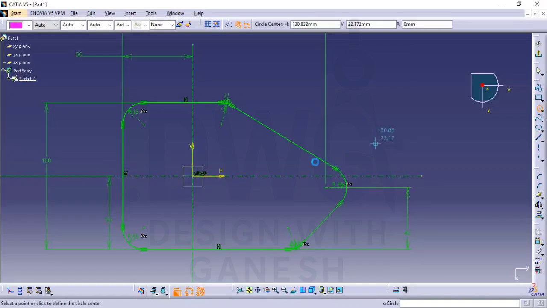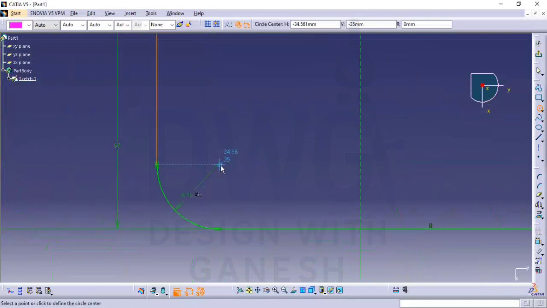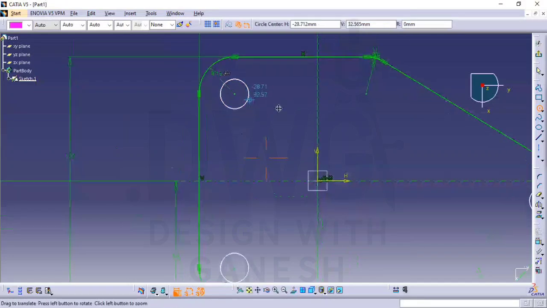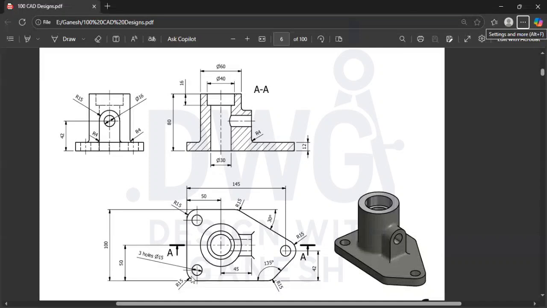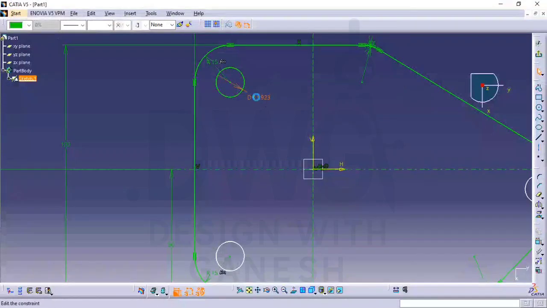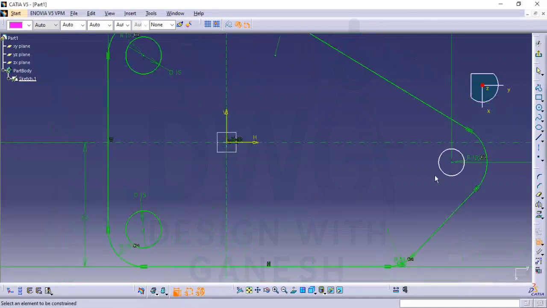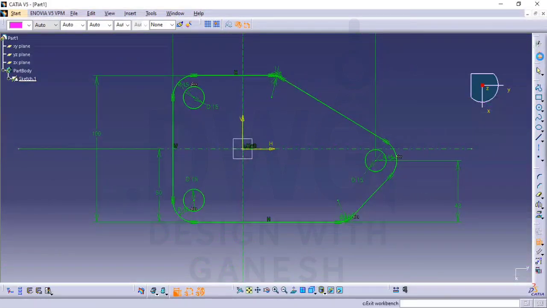Now let's make 3 circles. One is here. Make sure it is not making any relations or any constraints. Now use the dimension for the circle, which is 15 there. 15, enter. Double click on the dimension constraint to keep it active. Select the circle, drag the dimension, double click, 15, enter. Exit and pad it